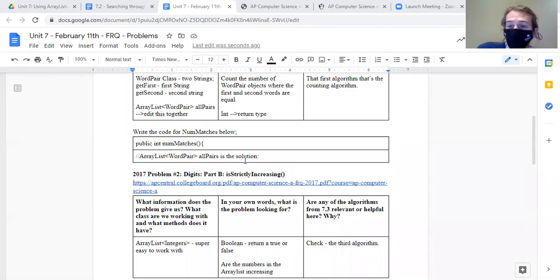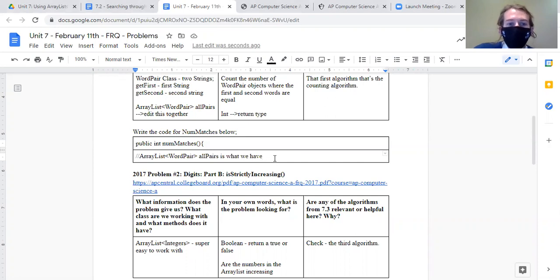One thing that could be helpful to do as you look at the solutions to this is I'm going to make some notes for what we want to do line by line, and then you can check and see if your code matches, if you wrote code that does that, and then we can see if they're the same as my solution. So we have this, for this first problem, num matches, we have this array list all pairs to